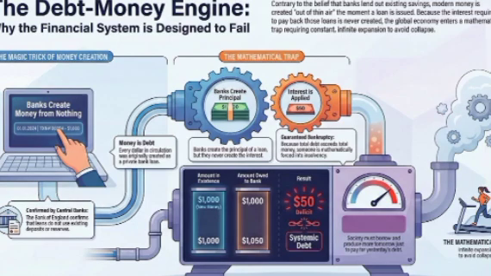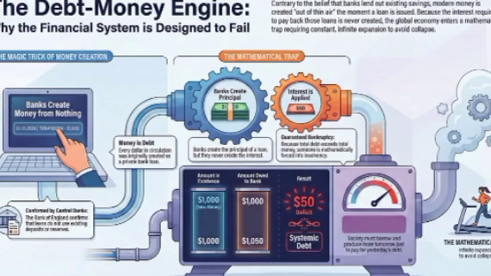The math demands infinite compounding growth just to pay the uncreated interest, but the planet is finite. Numbers on a page versus actual thermodynamics. It's a mathematical collision course with physical reality. Which really begs the question, how did we get here? That is the million-dollar question. How did we organize global human society around a mechanism that is mathematically doomed?